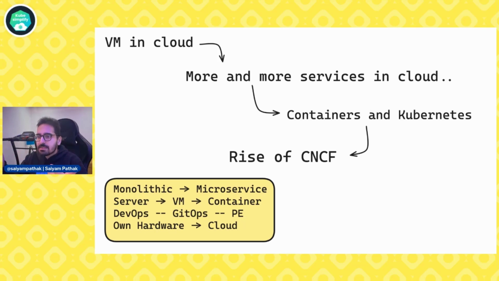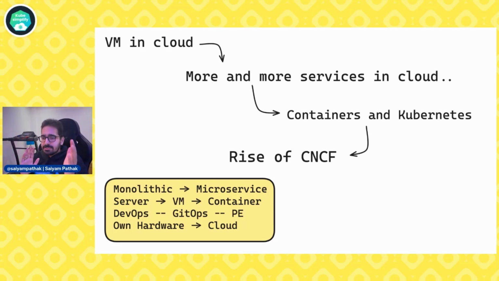Then came the containerization and the Kubernetes era. This changed the whole game and gave rise to CNCF, the Cloud Native Computing Foundation. It has N number of projects and tools under that particular umbrella. I don't even know the count, but there is a finite count. So with the rise of CNCF, we have seen overall, like I said, a philosophy of running in the cloud and process changes, which is the whole cloud native way of doing things.